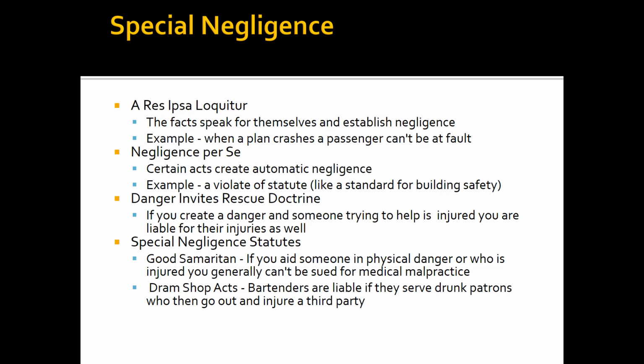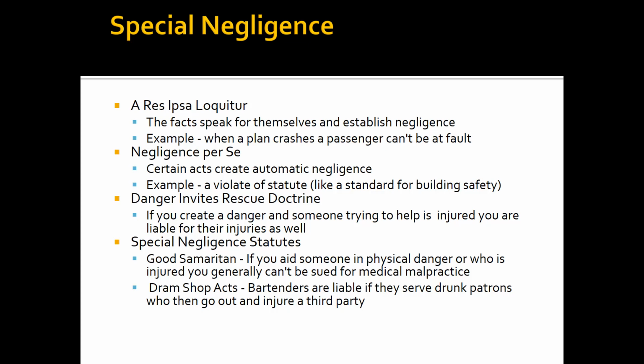All right, some of the final points are there are some special negligence situations. Very often these have Latin terms associated with them. One of them is res ipsa loquitur, and that means literally the thing or the act speaks for itself. In certain situations where there is an injury, you don't have to prove much. You just have to prove you were injured and in that situation, and then the people that potentially injured you fight it out. The classic example here is an airplane crash. If you're a passenger riding in a plane and have done nothing wrong, and the plane crashes, you sue under res ipsa loquitur.